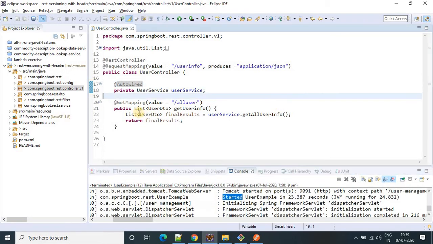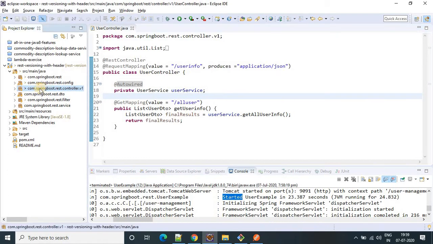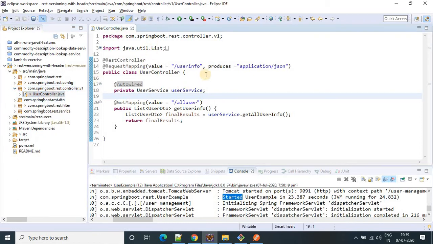First of all, I have created a package com.springboot.rest.controller.v1. My v1 controller is inside this package, and inside this package I have one controller. Here I want to provide version 1. So first let's start the coding with version 1, then we'll do version 2. First let me provide the name here.